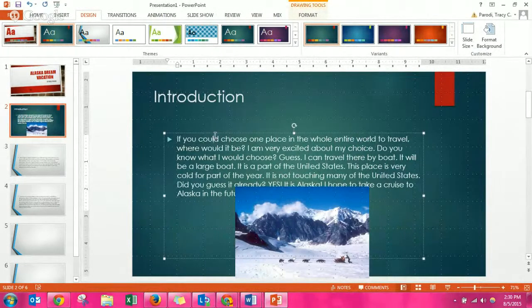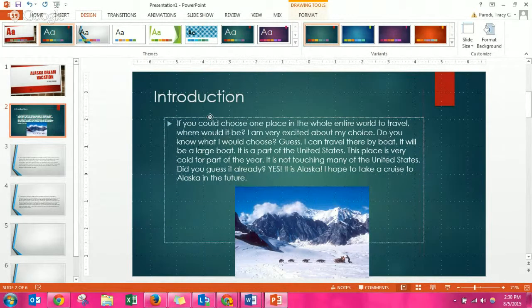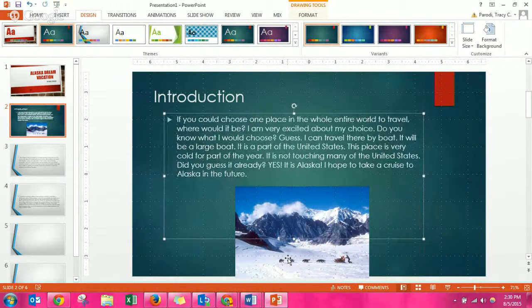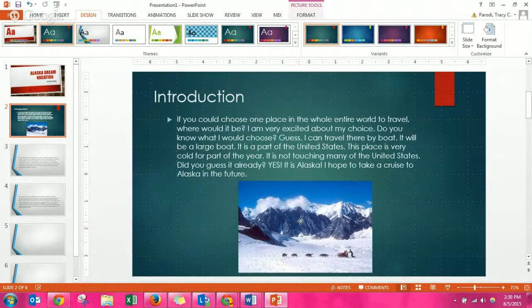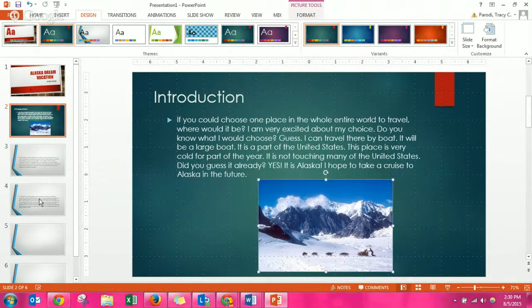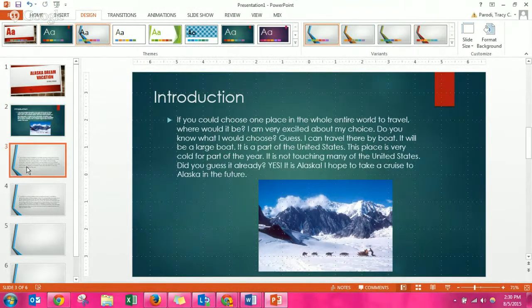Let me click on this text box, click on the outside edge to get this little 4 arrow symbol, click and drag you up. Now I have room for my image. Click on the image, click and drag you up. There, done. All right, so that's how you add an image, and you're going to want to add an image